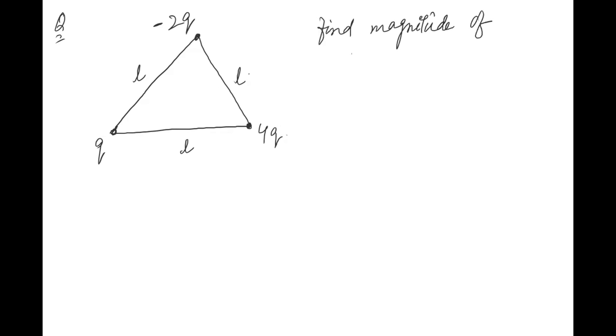of F net on 4q। ये 4q, इस पे निकालना है आपको फोर्स, ठीक है। तो आपको 4q पे फोर्स निकालना है बिकॉज ऑफ अदर टू चार्जेस, वन इज -2q एंड अनदर वन इज q। तो आपको इन दोनों के कारण इस पे फोर्स कैलकुलेट करना है, ठीक है। तो मैं आपको कुछ टाइम दे रहा हूं टू सॉल्व दिस, and everyone is requested to solve this question and send me your answer on chat। ठीक है, मैं सबको म्यूट कर रहा हूं, आप जो भी आंसर देंगे वो चैट पे देंगे मुझे। उसके बाद फिर मैं देखता हूं कि कितने लोग सही कर पाए, कितने लोगों से गलती हुई है। तो टेक योर टाइम टू सॉल्व दिस प्रॉब्लम, हरी अप।